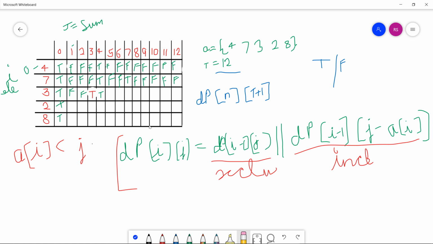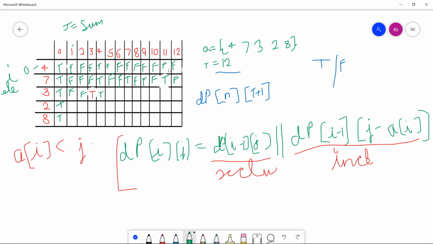Sorry, I've taken the wrong assumption here. Here it also comes true, because if we check the upper element, which is false, or if we include this 7, the formula is dp[i-1][j-ai].